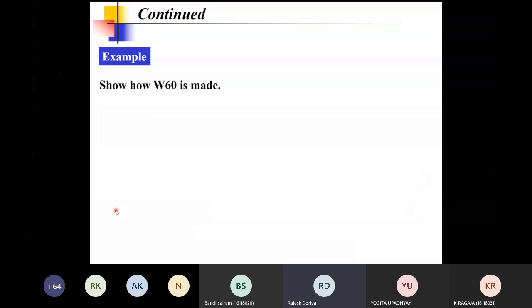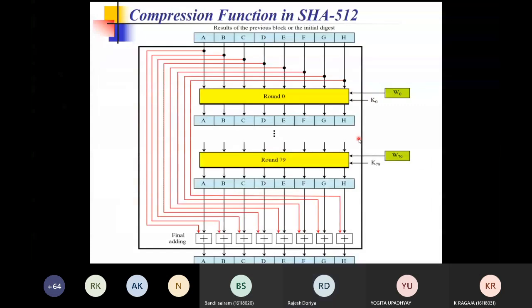Now this is the compression function of SHA-512. As we know, we need to have a compression function, and after applying some input, we get a message digest from the function. So this is a general overview of that function, where we have got some initial message digest. So in this case, how many message digests have we got?